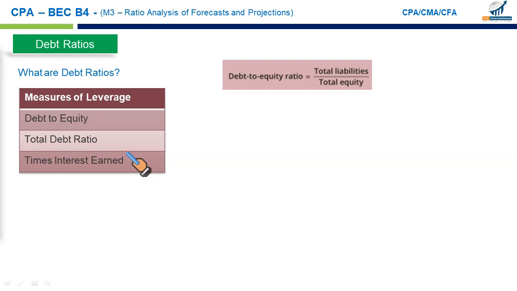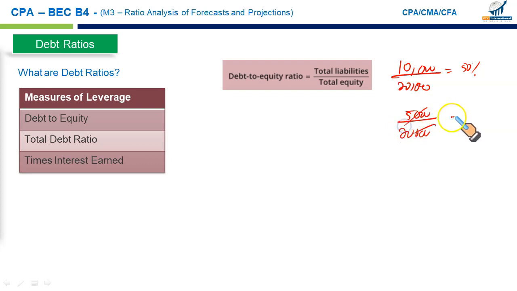service coverage also. So debt to equity ratio: debt is what proportion of equity. This is the measure of leverage. Let's say a business has $10,000 debt and the equity is $20,000. It means debt is 50% of equity, which means the business is highly leveraged. For some businesses, the debt is, let's say, 5,000 and equity is 20,000, so this is less leverage. Only 25% of the equity represents debt.